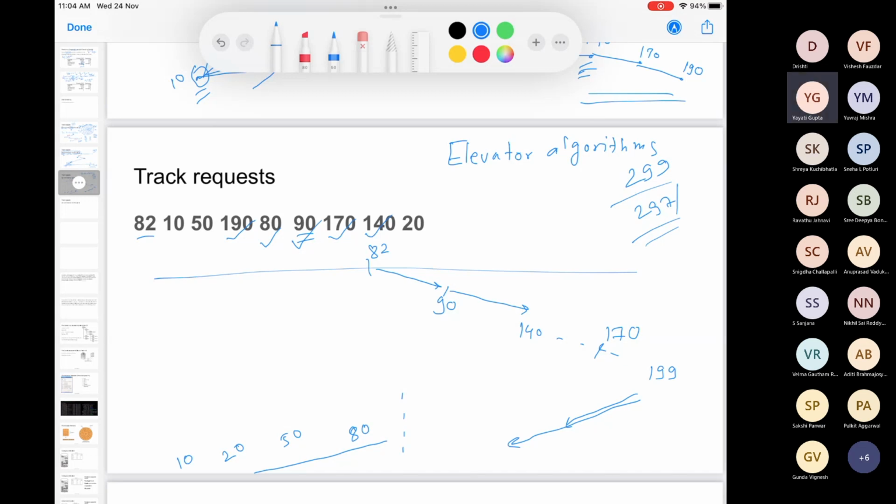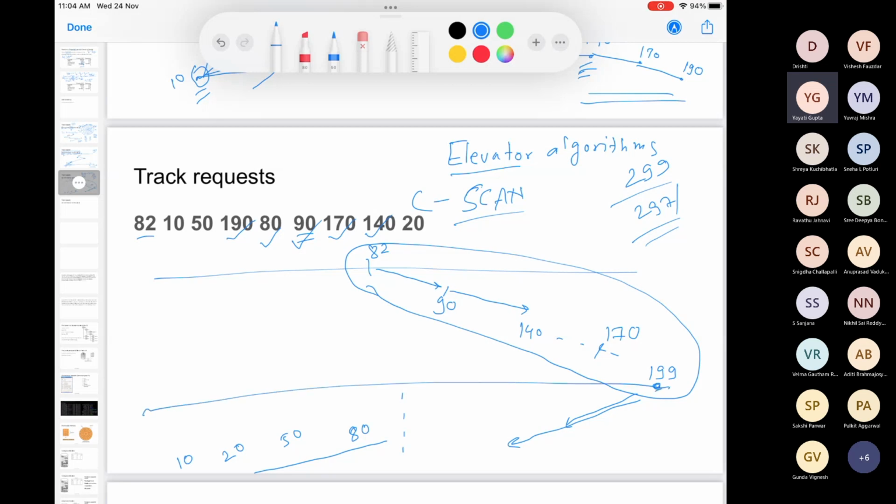Next, we have one. So this elevator algorithm, it is also called scan algorithm. Now we have a variant of the scan algorithm, and let's think about why even you would have that kind of a variant, and that variant is called C-scan. What C-scan does is, so see, till here it is all the same. So you are moving from 82, you move towards right, you service the last track. After servicing the last track, you come back, but while coming back, you do not serve anything. So after you are done with 199, you just move to the 0th track back again, and then you again start scanning from the 0th track.